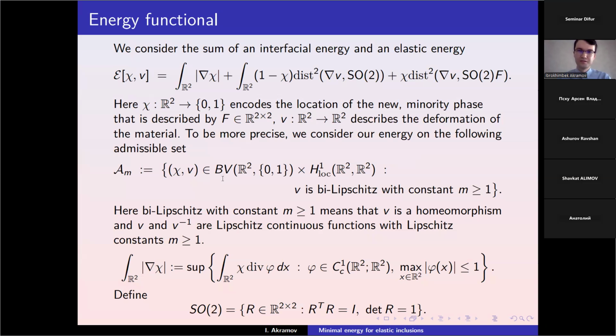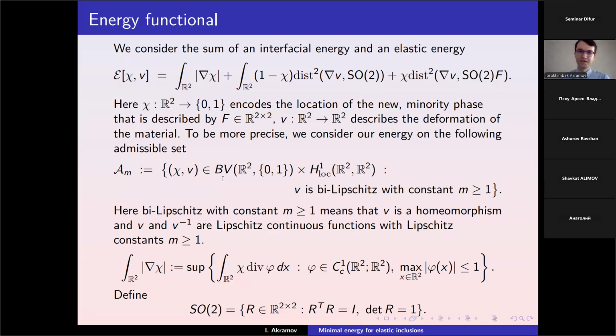No, this is bounded variation. Usually they use one V. It's enough, bounded variation. Then R2, 0, 1, multiplied by the log, R2. V is bi-Lipschitz. What does it mean by